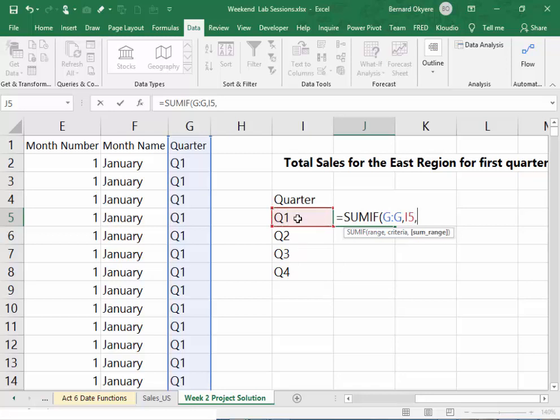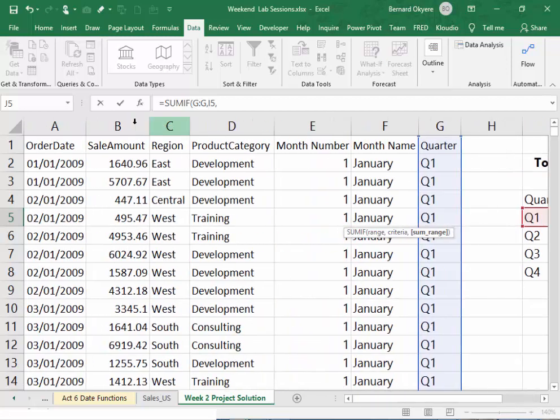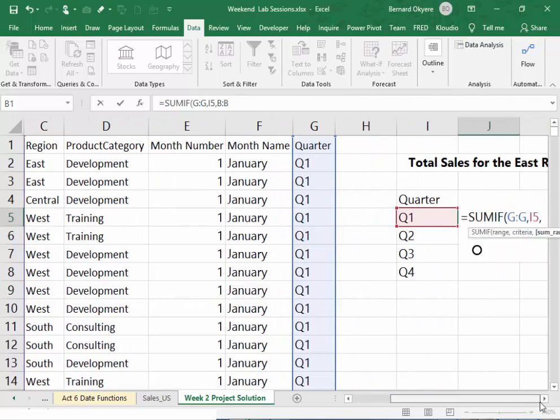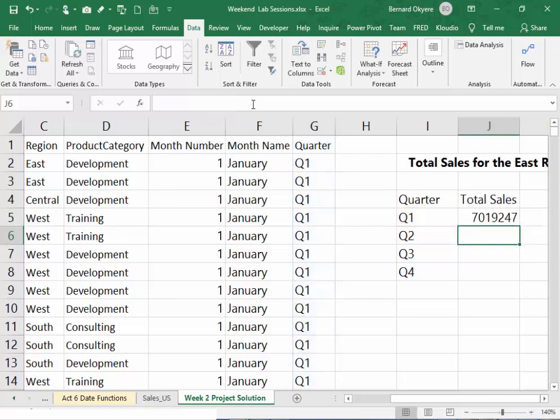Then the sum range is the column whose values you are going to sum. Here the values we're going to sum are the sale amount. So you scroll to your left, and that's in column B. Just click on the column letter B, since we know we don't have extraneous data at the bottom of it. Then close the parenthesis and hit the enter key, and you have the total sale amount